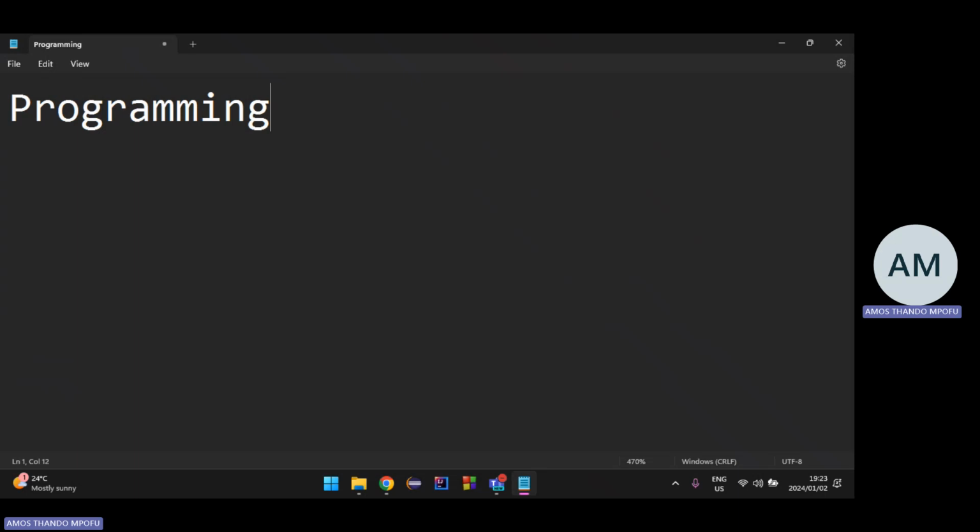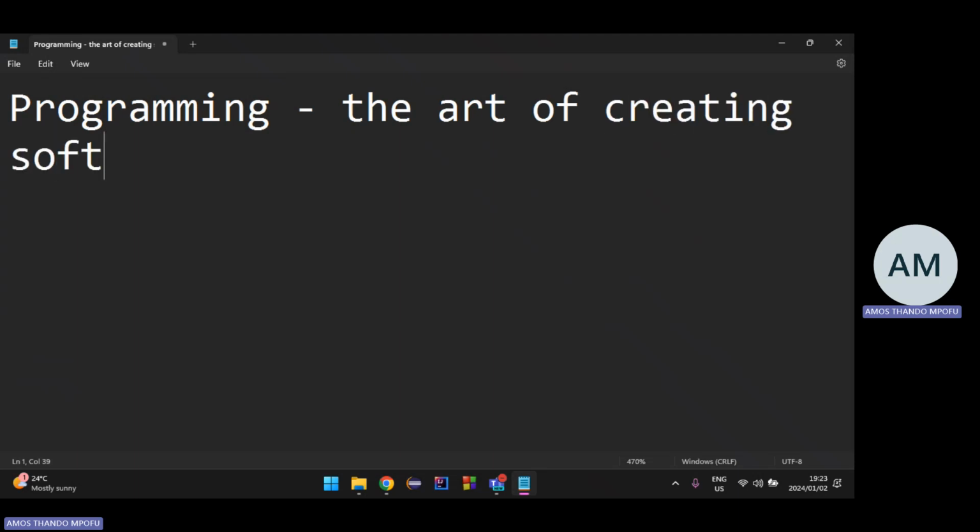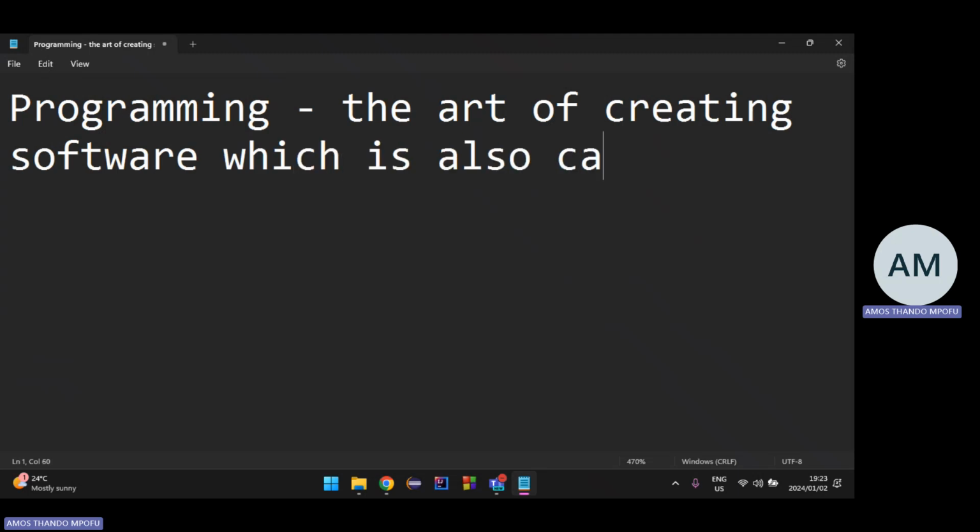We are programming. Programming, we're just basically making programs. So programming, we can say is the art of creating software, which is also called a program, right?